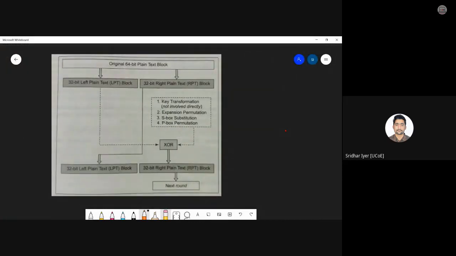From this 48-bit value, now we know that we can't compare a 32-bit value with a 48-bit value. So to do that, we actually expanded the 32-bit RPT to a 48-bit value. And we know how to do it. Yes, we add 16 extra bits, but don't write it straight away that we add 16 extra bits. Obviously, it has to go through a certain set of operations we have just now seen.